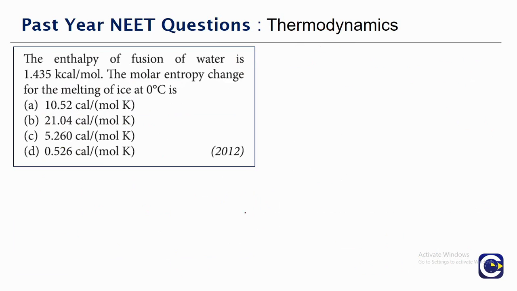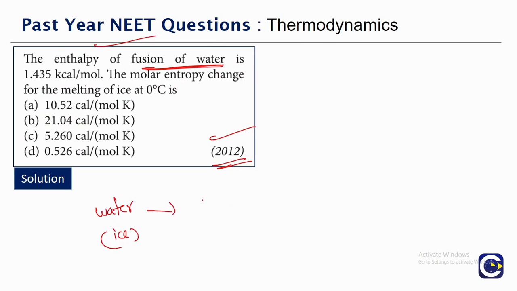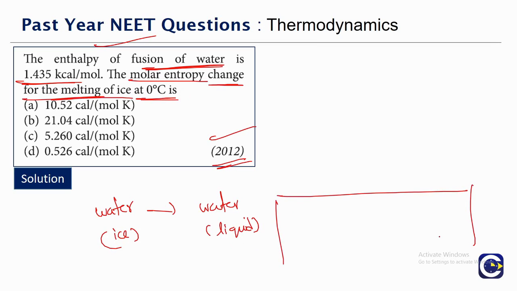Okay, look at another question. This is a question from the 2012 paper. The enthalpy of fusion of water, meaning water converting from the ice state into water in the liquid state, is given as 1.435 kilocalories per mole. The molar entropy change for the melting of ice. See, during a phase change, any phase change,